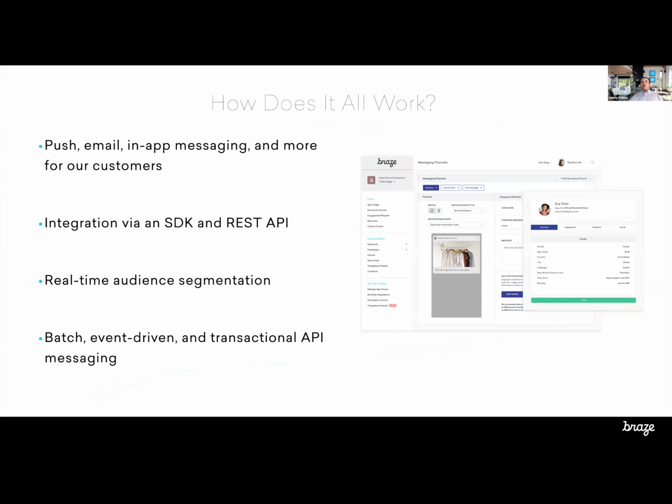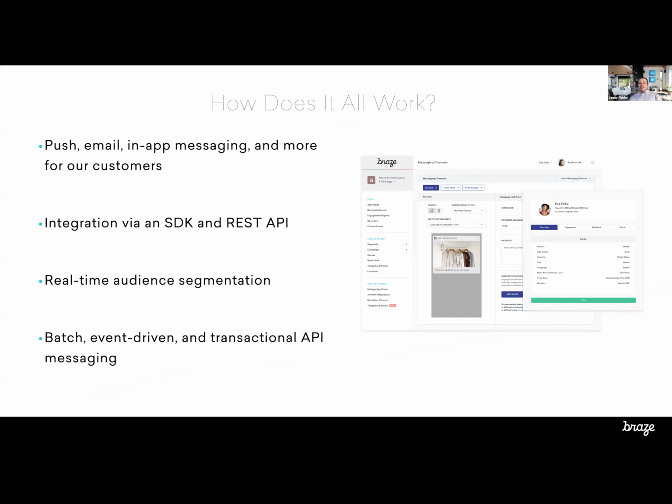And the way we connect the brands to their end users or their customers is through push, email, in-app messages, and other marketing campaigns. We have integrations via SDK as well as REST API, and we pride ourselves on real-time audience segmentation.